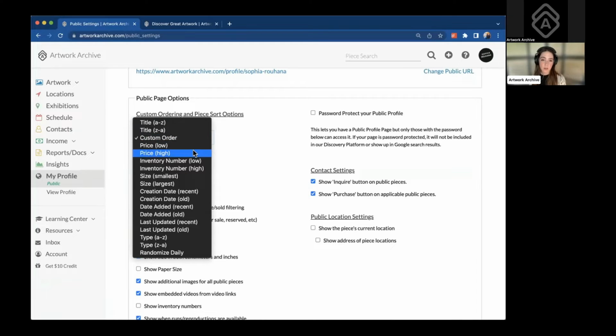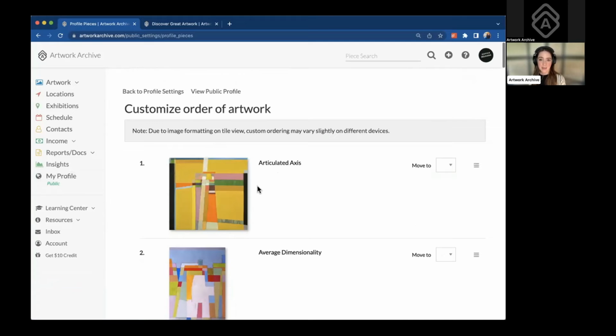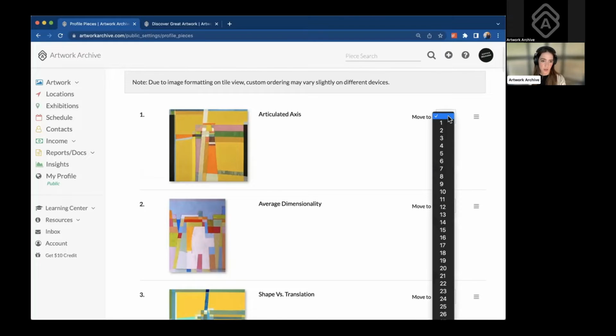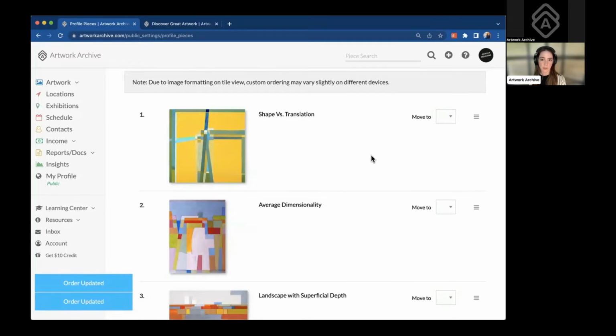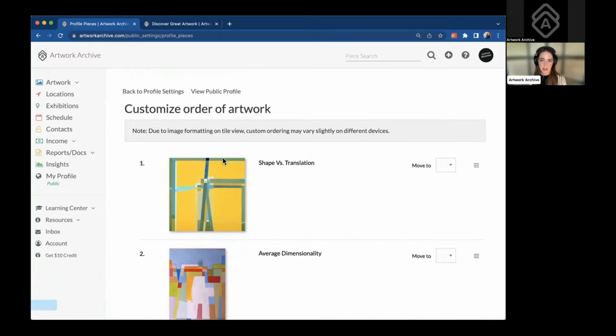Or to get even more specific, once you choose which images you will be showing on your profile, you can choose custom order. And then in customize ordering, you can specify exactly what number in the order the piece will show up. So this is really handy for those who know exactly how they want their pieces to show up on their public profile. So going back into our public settings page,